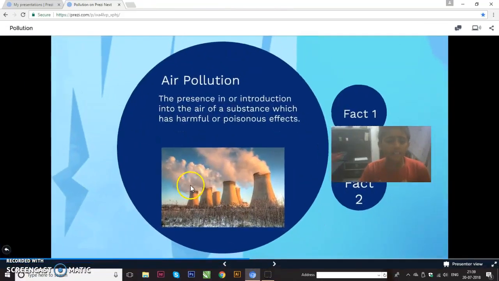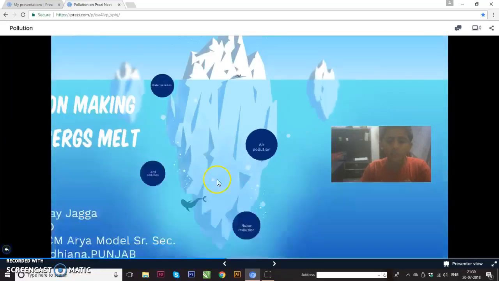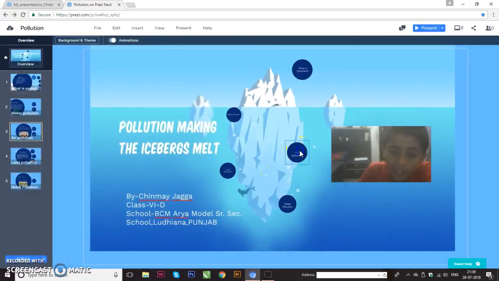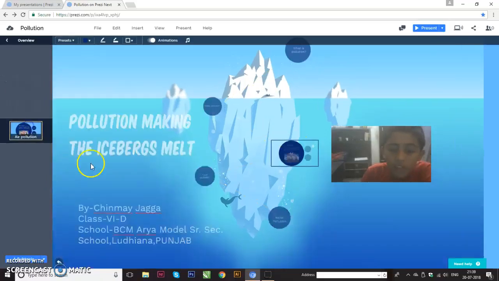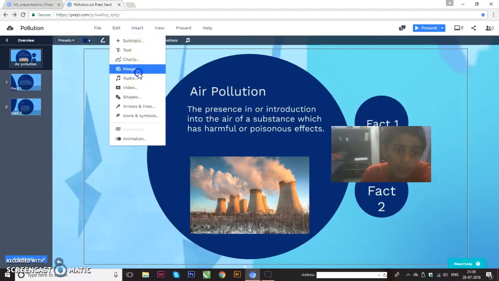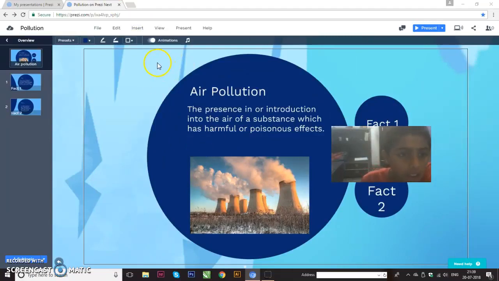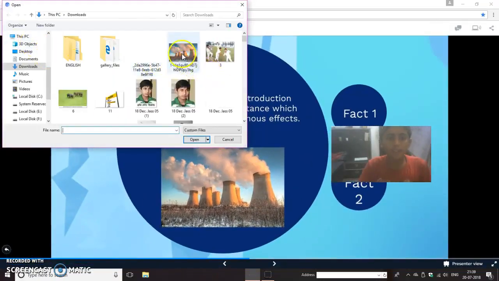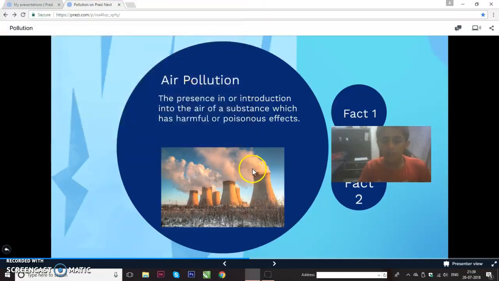I added these photos. Sorry for it. Here I added these photos by clicking on insert image. By clicking on insert image, I clicked on open.